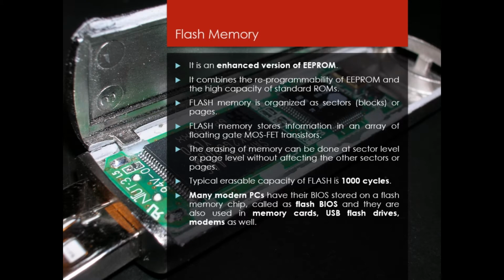So in today's video, we have discussed memory used in embedded systems. As we discussed, memory is an important part of the controller used in embedded systems, and memory can be on-chip memory or off-chip memory, right? And these off-chip memories were divided into different types like masked ROM, programmable ROM, erasable programmable ROM, electrically erasable programmable ROM, and finally flash memory.